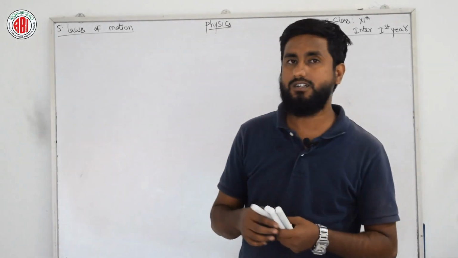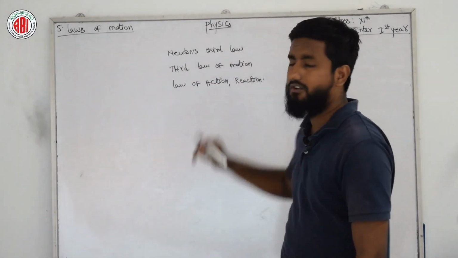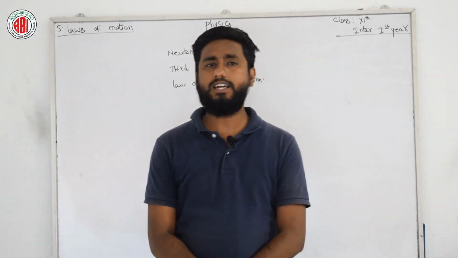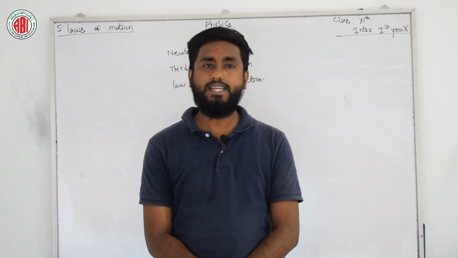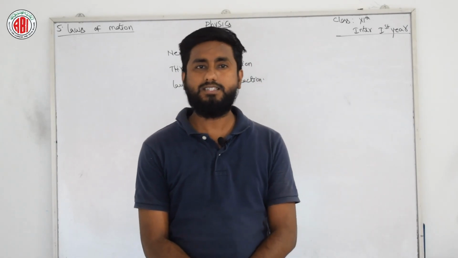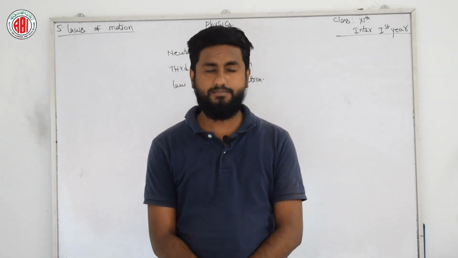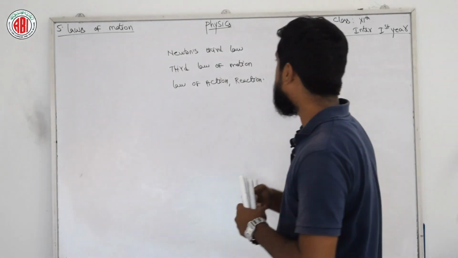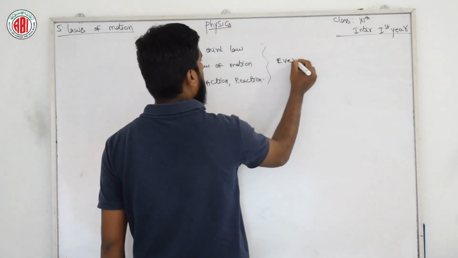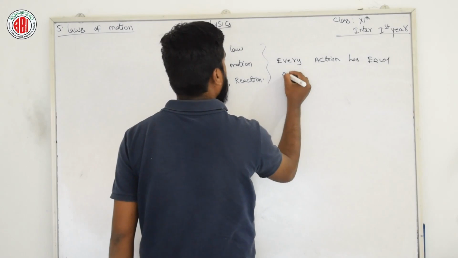Now coming to Newton's third law of motion. We can call the third law of motion the law of action and reaction. This law states that there is an equal and opposite reaction to each action. This law indicates that the force applied on body A by body B is equal and opposite to the force applied on body B by body A. To remember Newton's third law, I am giving you a small and sweet definition: every action has an equal and opposite reaction.